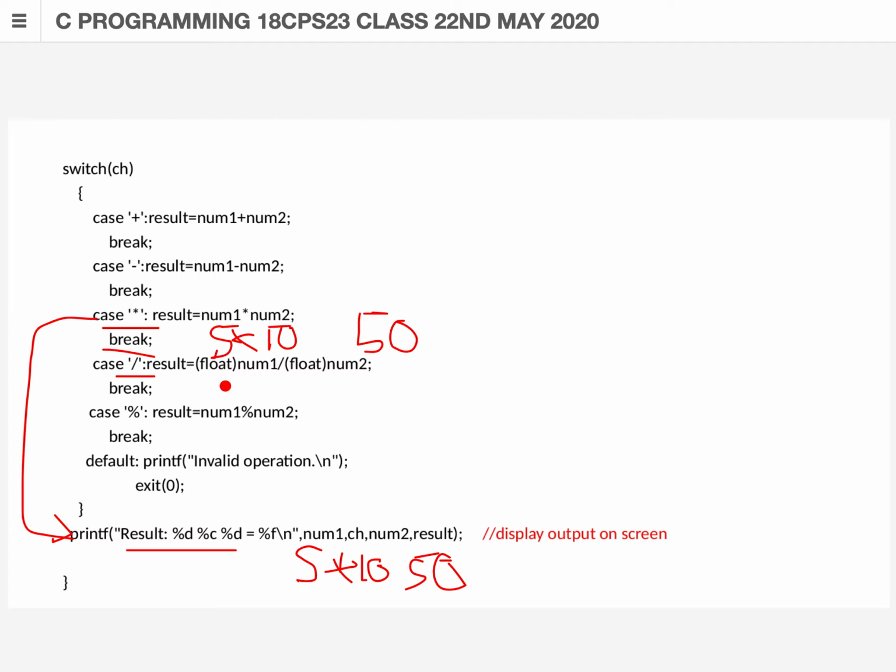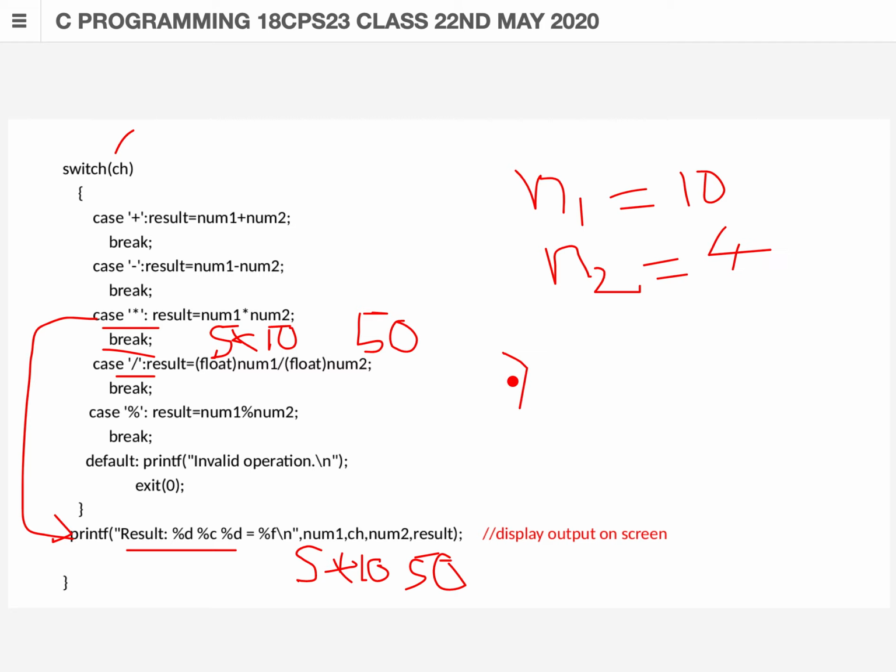So now we will take the division operation as a character input. Take num1 as 10, and the second number, num2, we will take as 4.